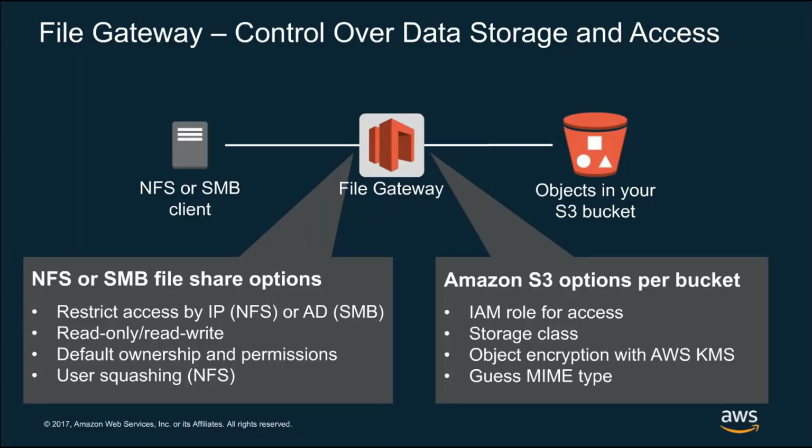We allow you to configure the role that the gateway is going to use to put data into S3. You don't have to open your buckets up to a service credential. You control the role. It's a role on your account that the gateway will use to put data into S3. And a variety of the other settings that S3 has, such as storage class, encryption, and things like guessing MIME types and request to pays, are all available to be configured on the gateway as it puts data into S3 to give you full control over how your data is